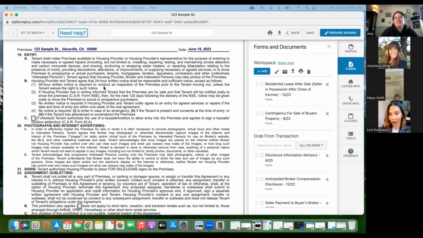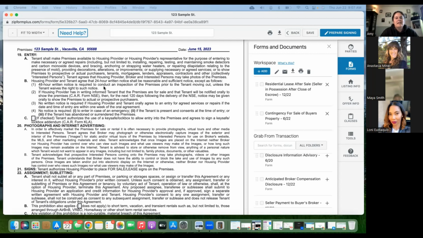So text messages actually do usually mean that it was in writing. That is in writing. So there you go. But it's always good to drop a notice off as well. No written notice is required if the housing provider or tenant orally agreed to entry for agreed services or repairs,